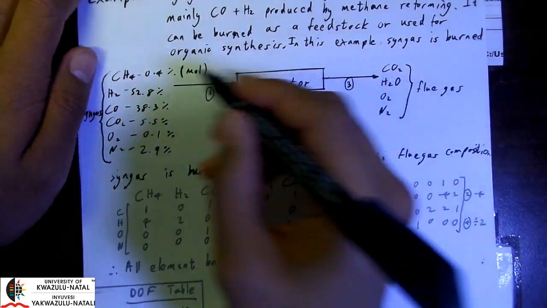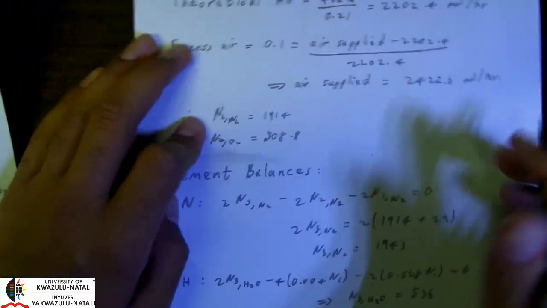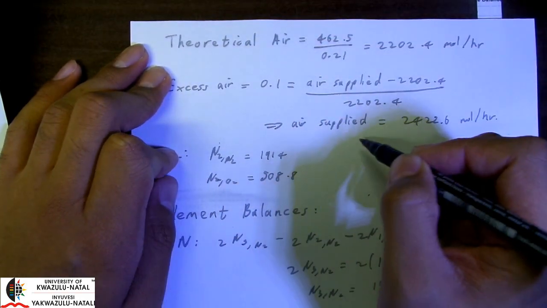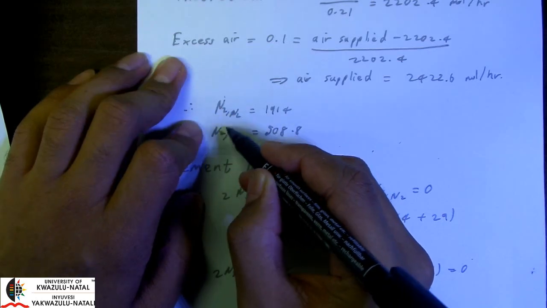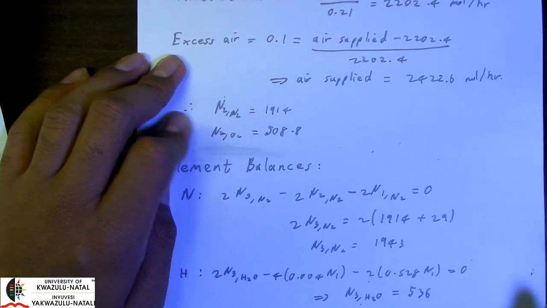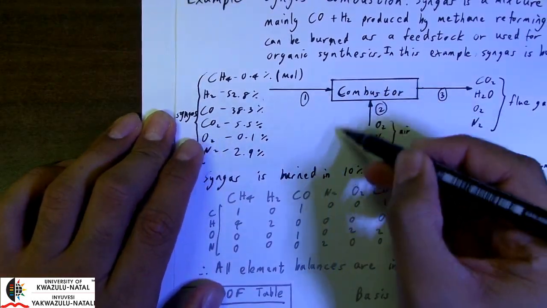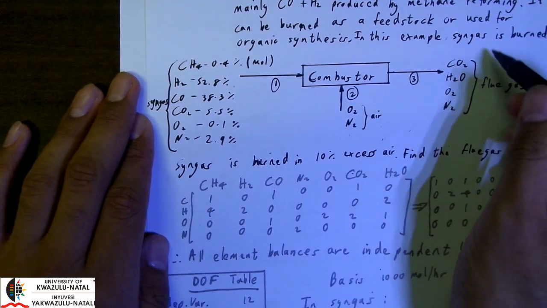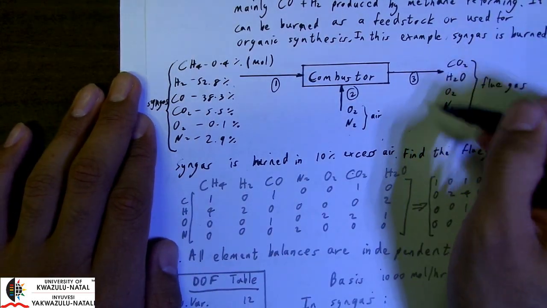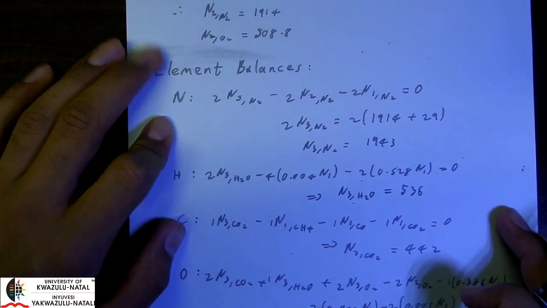Okay, and here it is here. So for 1000 moles per hour of syngas, taking into account the theoretical air and the excess, we will need for stream 2 the following moles of oxygen gas and nitrogen gas. So once we know what's present in stream 1 and we know the amount of air coming in at stream 2, we can now proceed with doing an element balance in order to obtain the composition here of stream 3. So here are my element balances,